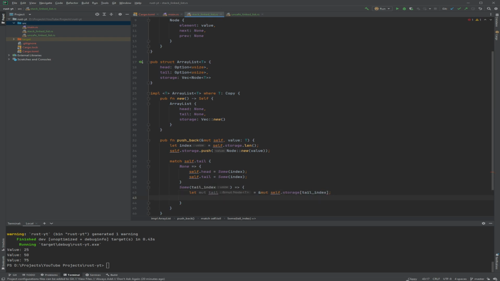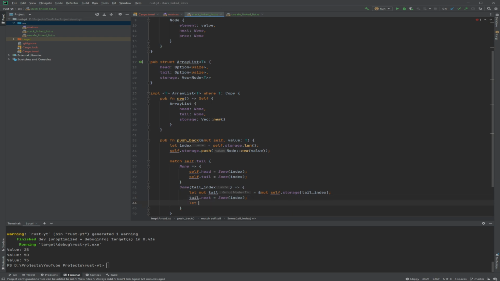So that will give me the node, and because node has information of what the next and the previous is, we want to set the next for this tail to be the new tail, which is going to be the index of the new node.